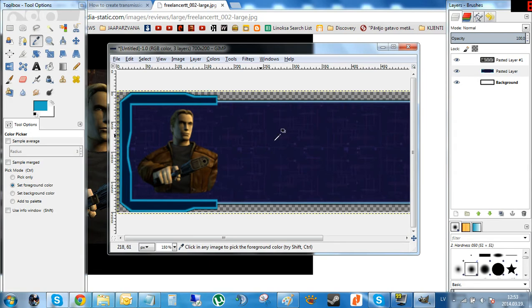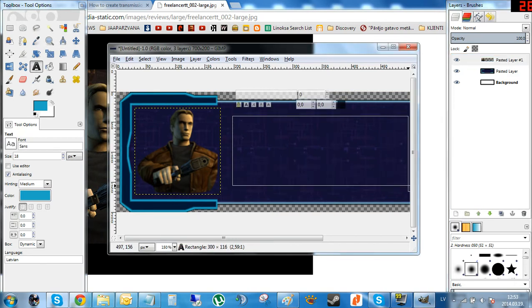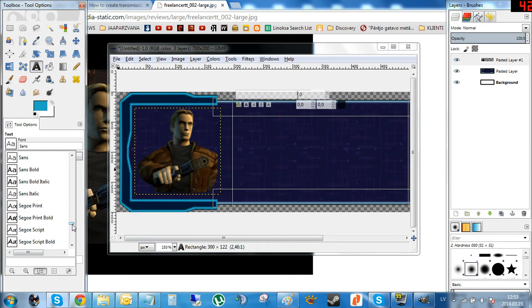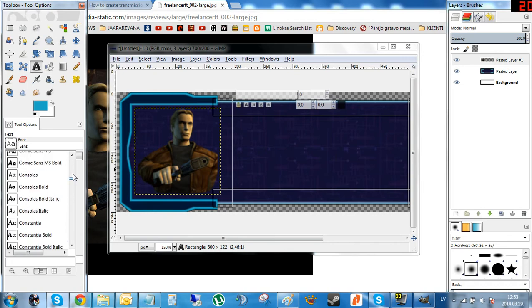There we go. That is going to be our color of choice for the text. And this is going to be where the text is going to be. For some reason, GIMP starts off as sans as default, so obviously we don't use sans. No one uses sans. If you use sans, you are a bad man. Instead, we are going to use